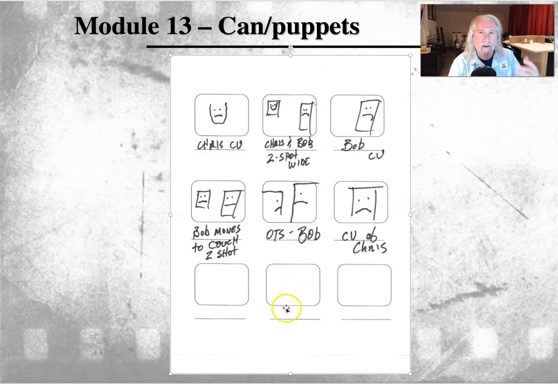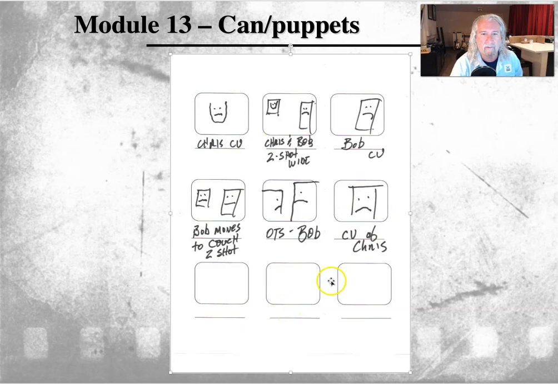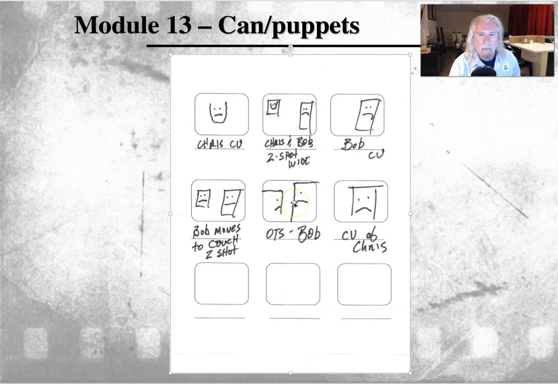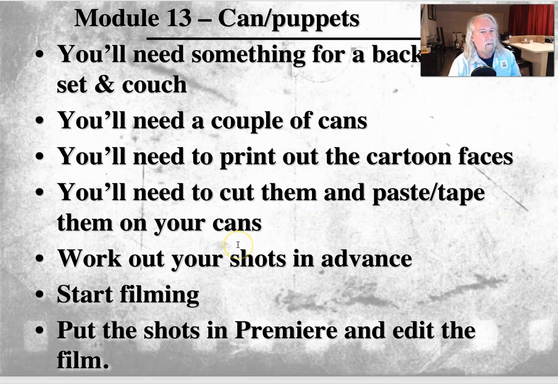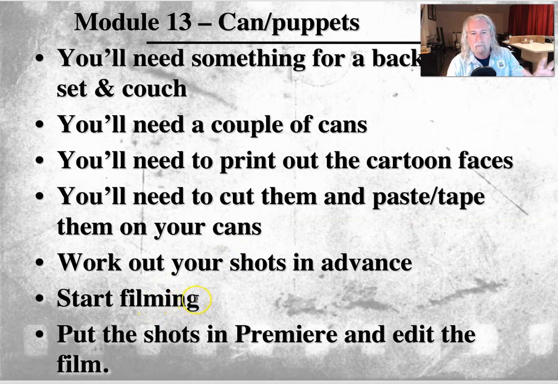So you want to do something like this, and again, you probably have 20 or 30 shots. I don't care about your artistic ability, but I do care that you're starting to see approximately what your composition in the frame is going to be. All right? So you'll need something for a background, a set and a couch. You need a couple of cans. Go ahead and print out the cartoon faces that I have as a template for you, or find your own. Doesn't matter to me which ones you do. You do need some scissors because you're going to have to cut them out, and then you're going to paste them on your can. You need to work out your shots in advance, and then next week you'll start filming,